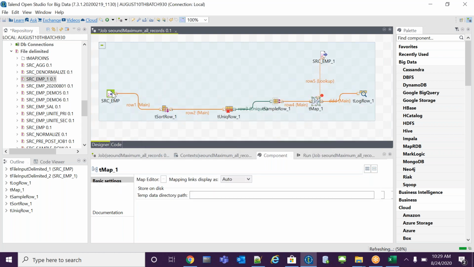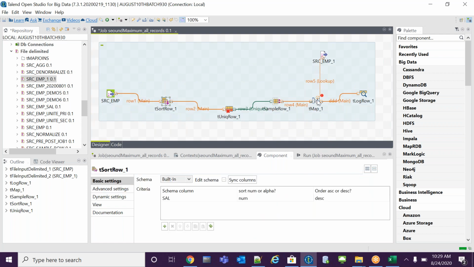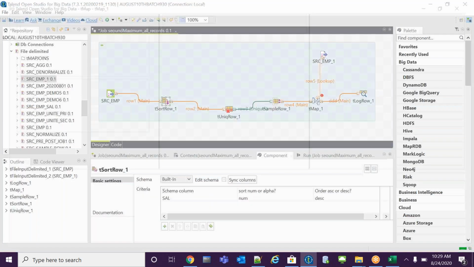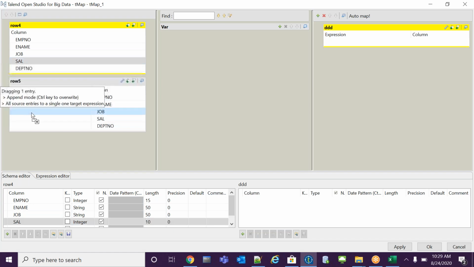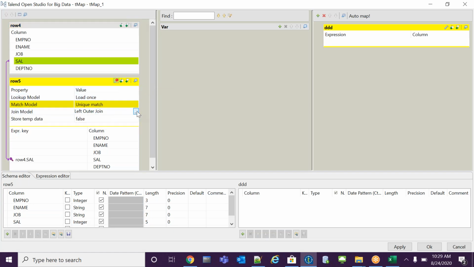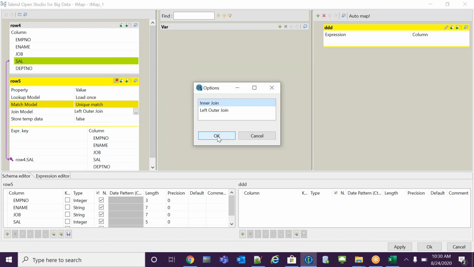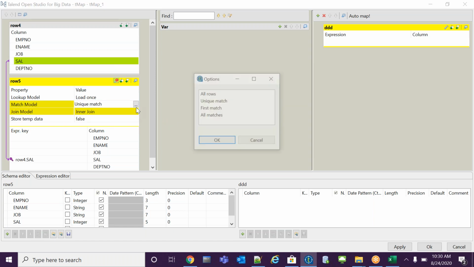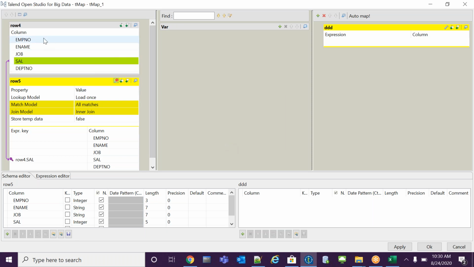Let me do it. Double click the tMap. Salary is the common key column, so I have to apply inner join with all matches, because I want to get matching records only. That is called all matching. Copy the input columns to the output.